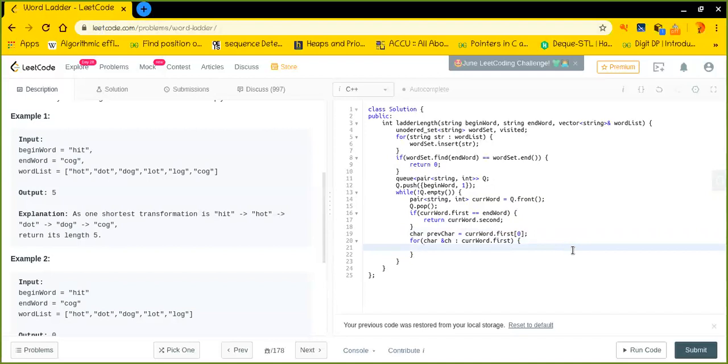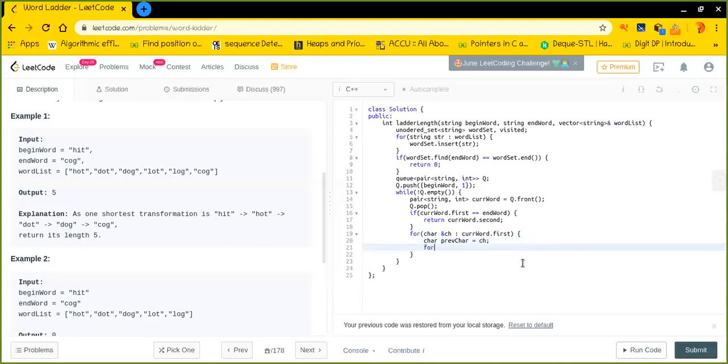So now, no, actually we should do it inside it. Okay, it should be great. So now let me define the previous character. The previous character is nothing but CH.